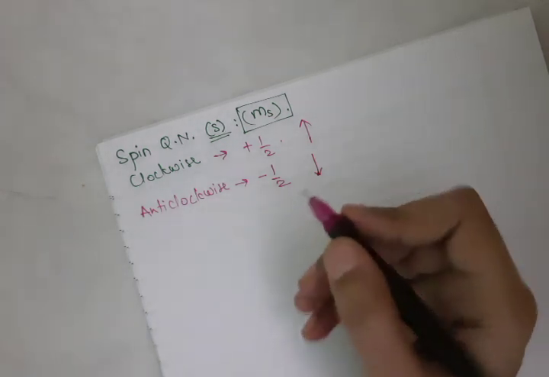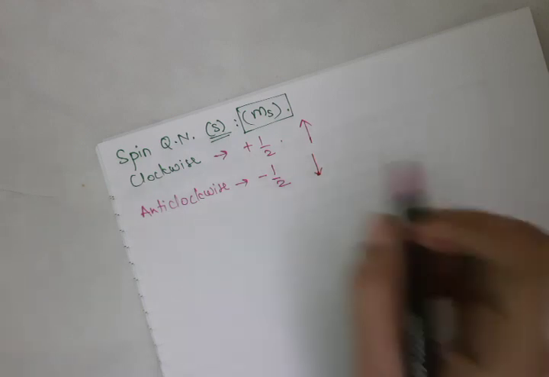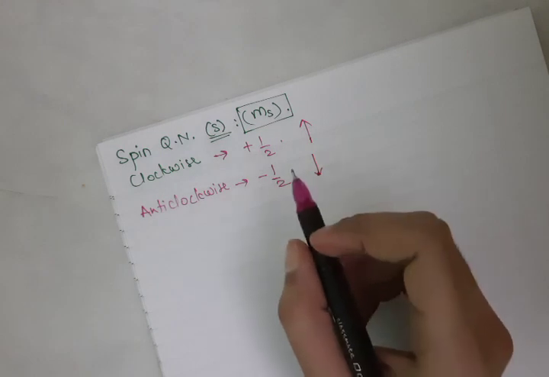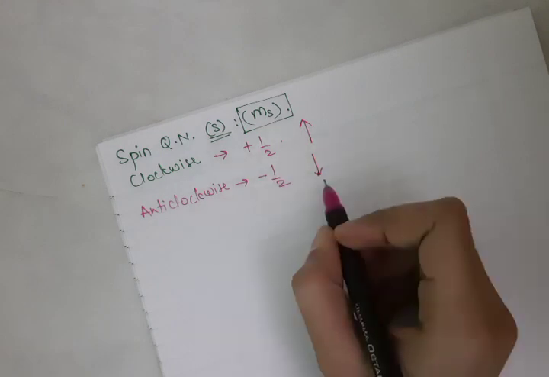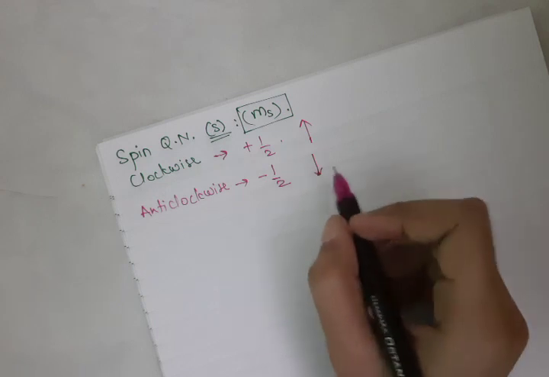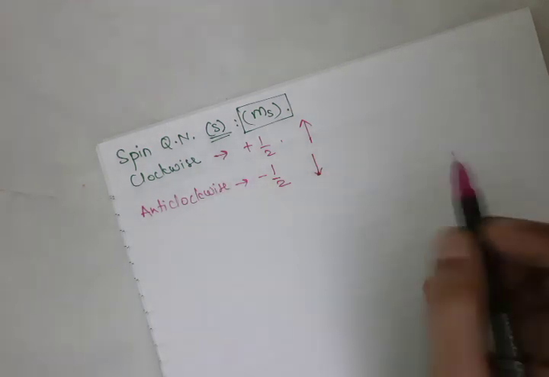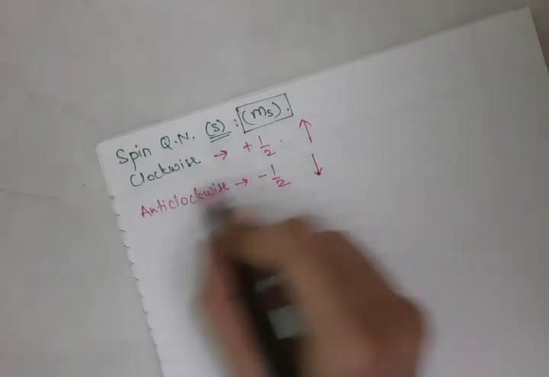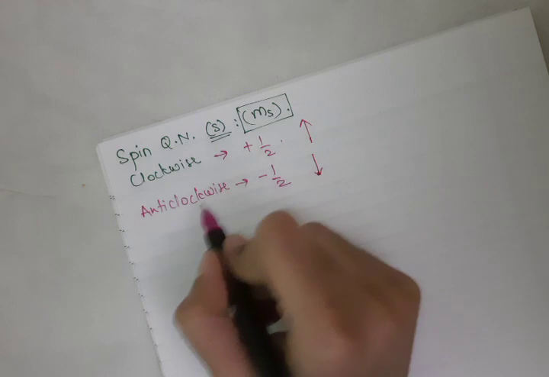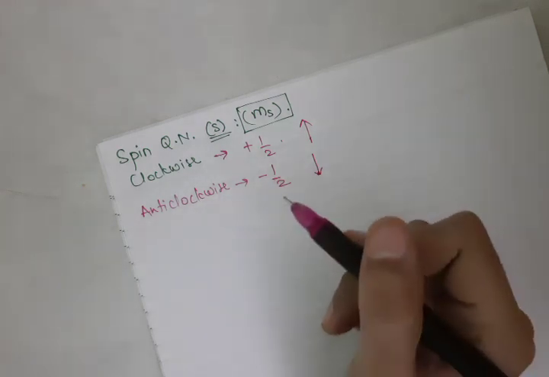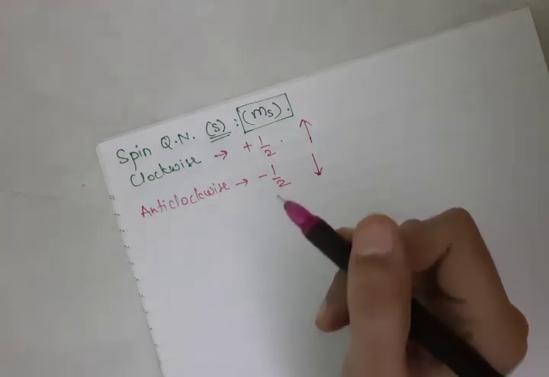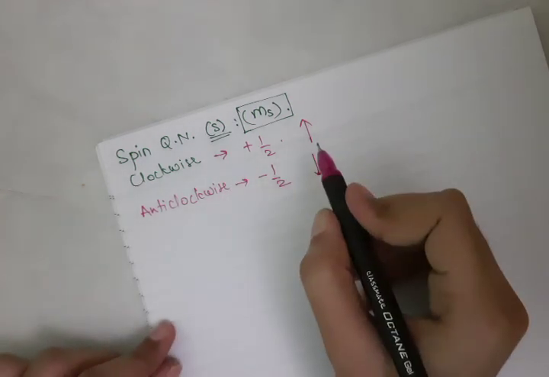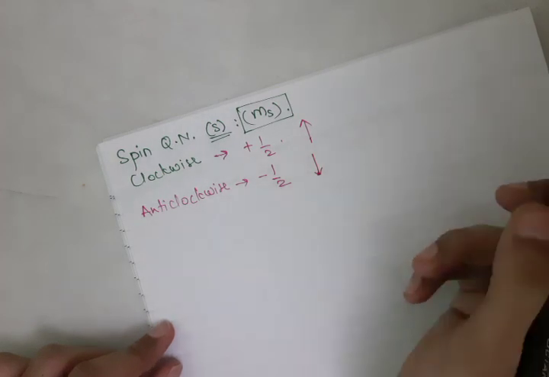Not a lot of things are given, but it's very important because it gives the idea that the complete structure or the complete information of the electron is given by this quantum number. The other three quantum numbers are also important, but without this quantum number, the complete system cannot be defined. The complete atomic orbital, or the information about the electron, cannot be defined. So this quantum number is also important. So this is all about the quantum numbers.